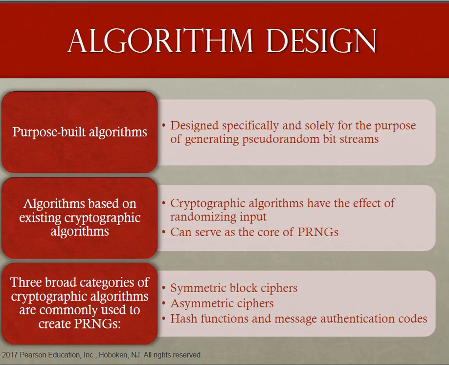The second category is algorithms based on existing cryptographic algorithms. Cryptographic algorithms have the effect of randomizing the input. Indeed, this is a requirement of such algorithms. For example, if a symmetric block cipher produces ciphertext,